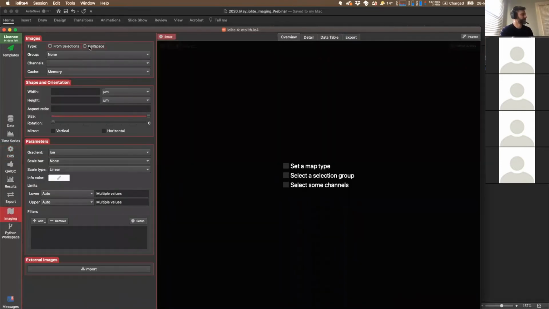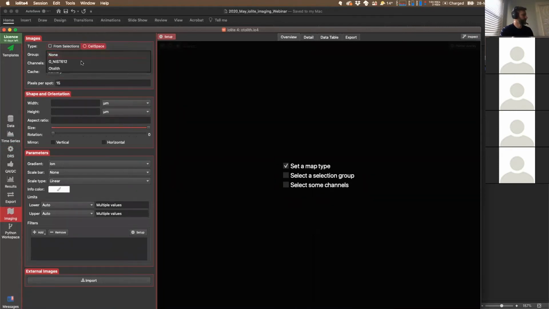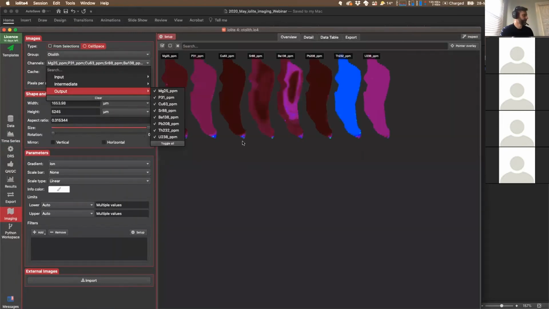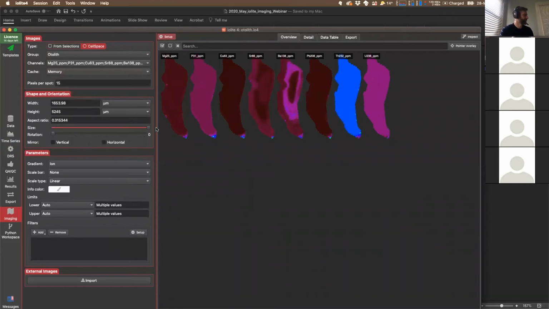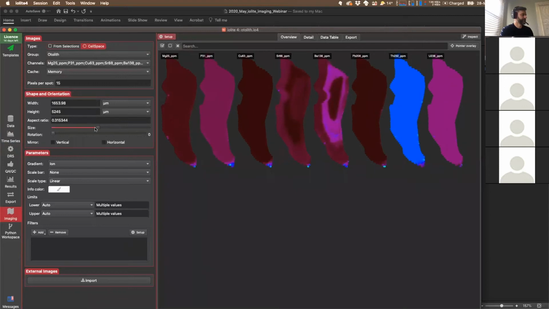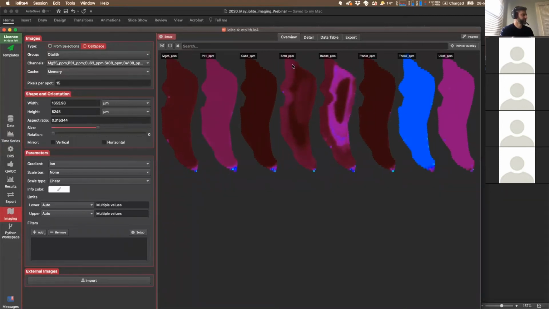So this time I'm going to tell it that it's a CellSpace image and that we're using the otolith selection group, and we want to plot all of our outputs. And so you can see here straight away that there's something interesting going on with barium and strontium potentially, whereas the lead, uranium, thorium doesn't seem to be doing much interesting. But what we wanted to show here was this